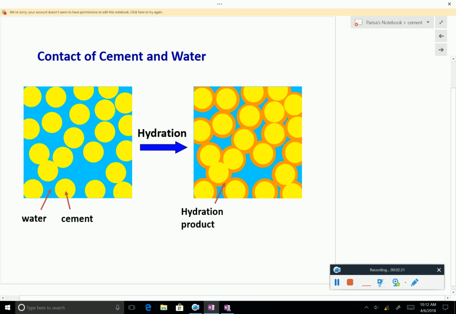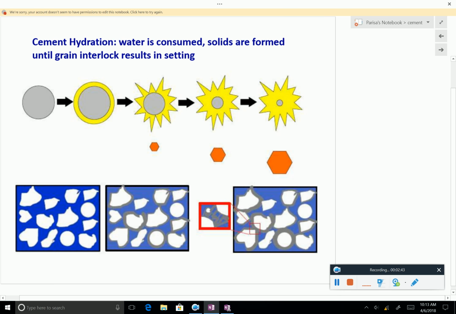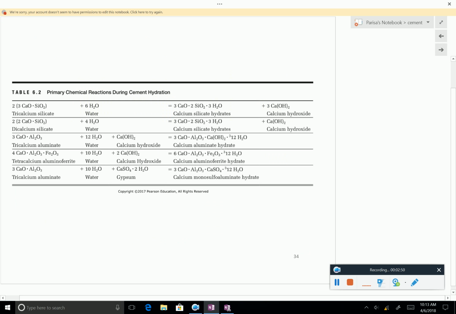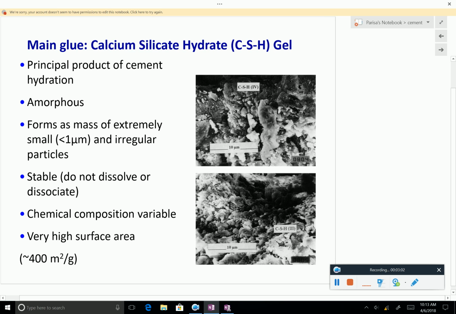So this is what we learned last time, and you have seen videos which I think are nicer than what you see here. So please make sure that you see all those videos, let's say before Monday, where you will have a quiz on cement. Because that information is a part of the instructions. And we don't need to go through the details of these videos. So what's important is that